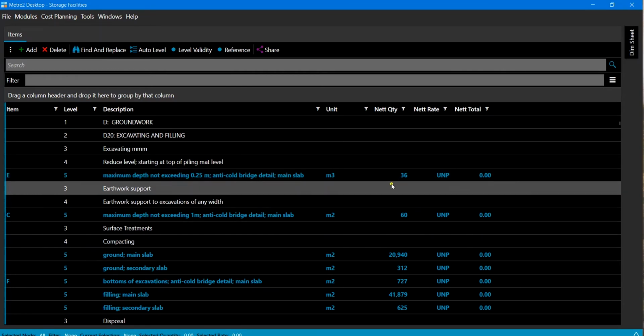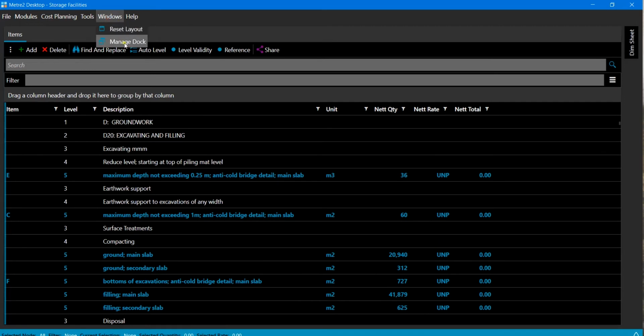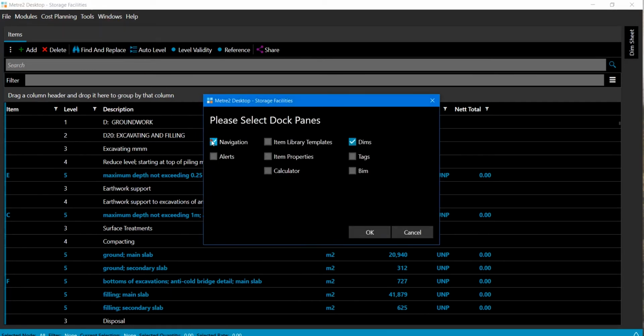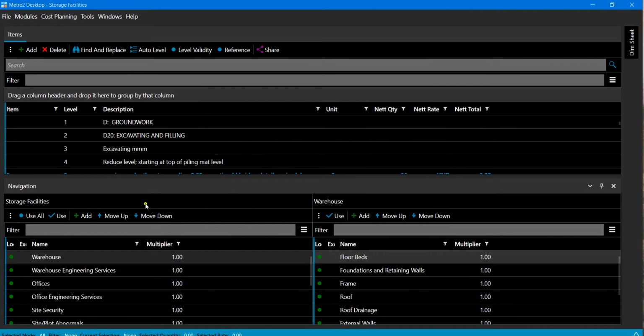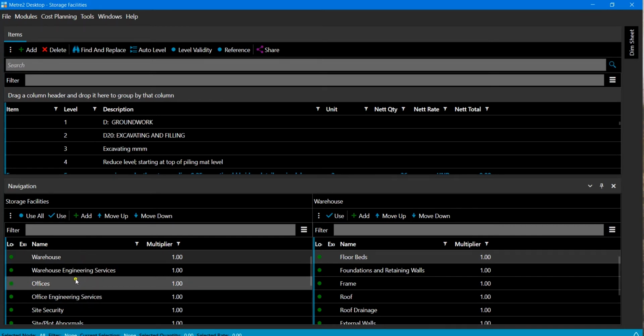In order to examine the navigation functionality available within Meets 2, we need first of all to turn on the navigation pane. So here's our navigation pane. It's appeared at the bottom of the screen. It's got the usual pane controls as we would expect. Over here we can see this example job has been broken down into sections, and within the sections there are some elements. And at the moment our selected node is all, so we're viewing the entire document in one